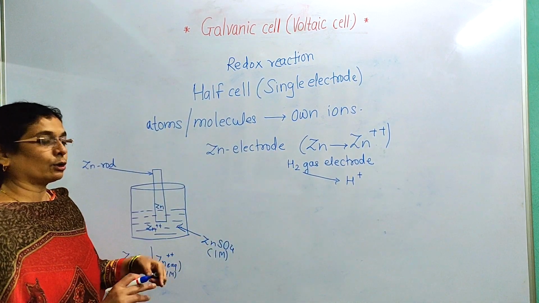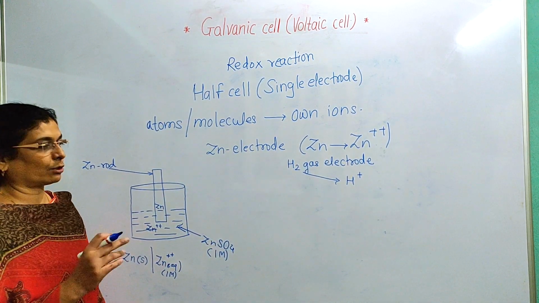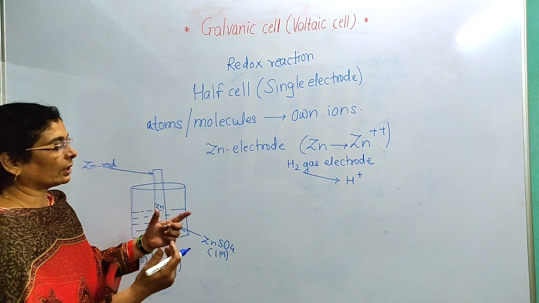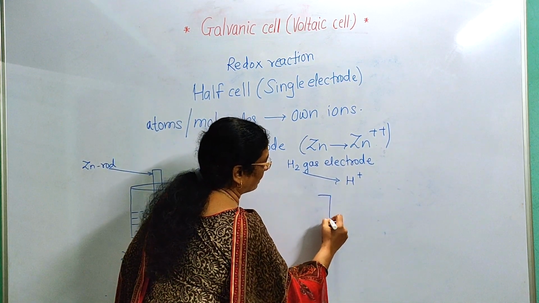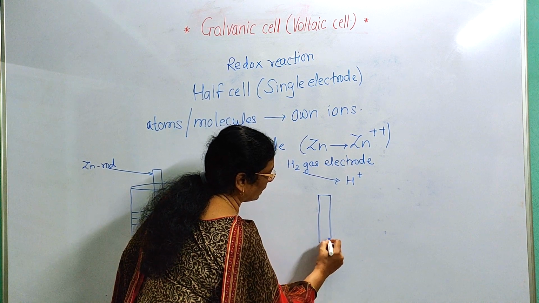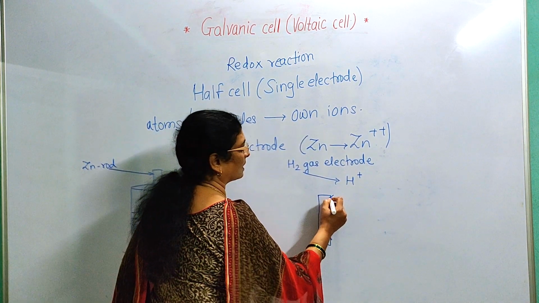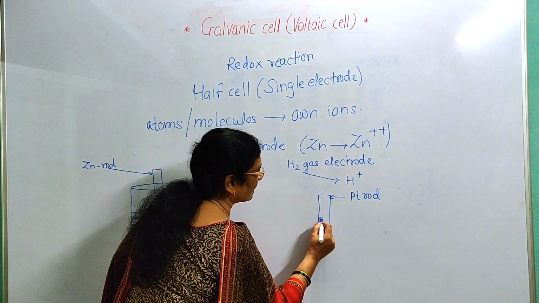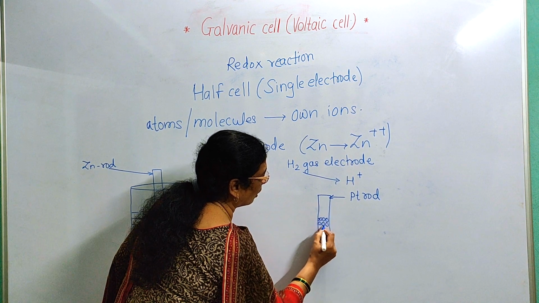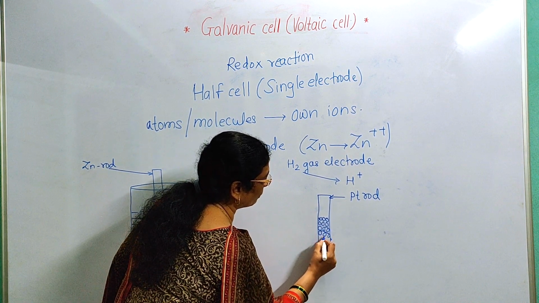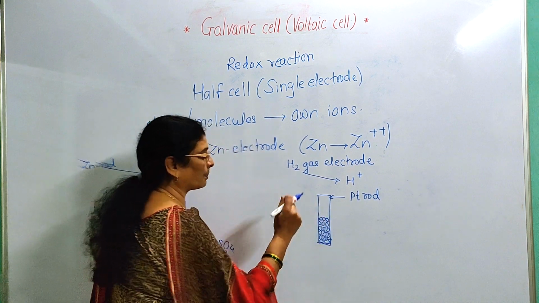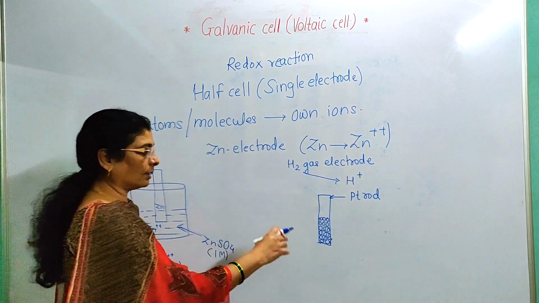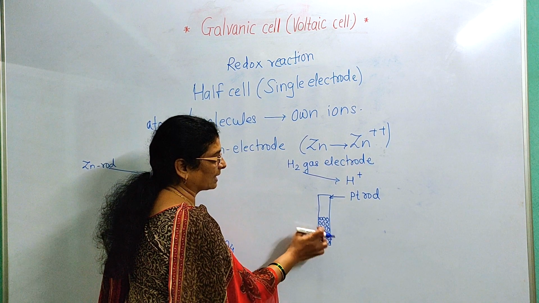Now you cannot prepare a hydrogen gas rod, since hydrogen is in the gaseous state, so you can't prepare a rod like this. So what do you have to do? Here we have to take one rod of an inert metal like platinum. Suppose this is a platinum rod. On this platinum rod, hydrogen gas molecules are adsorbed. What is adsorption? You have studied adsorption in 11th standard. Adsorption is the collection of one substance on the surface of another substance. So on the surface of this platinum rod, hydrogen gas is adsorbed.